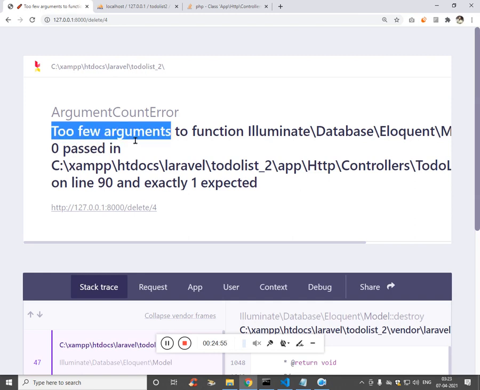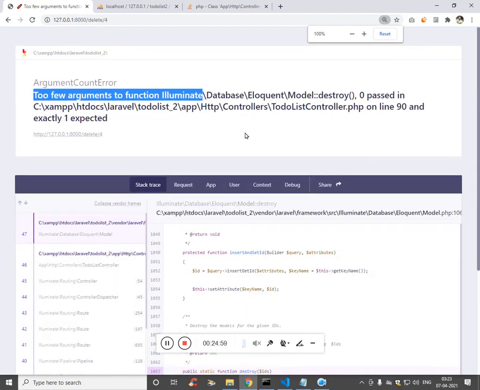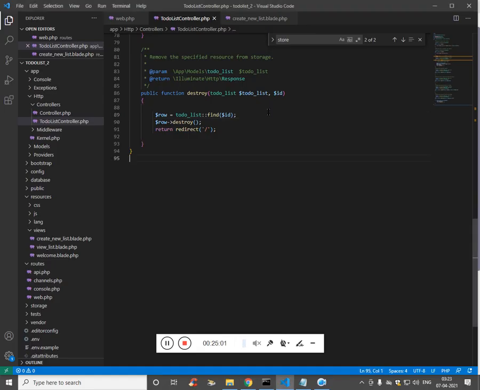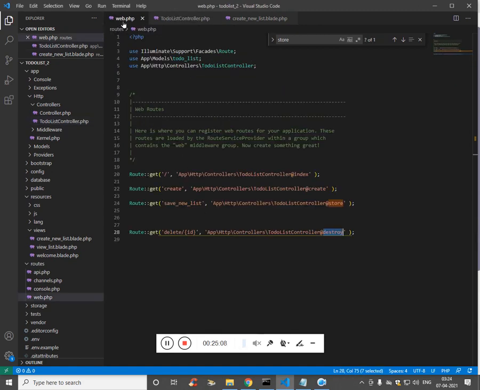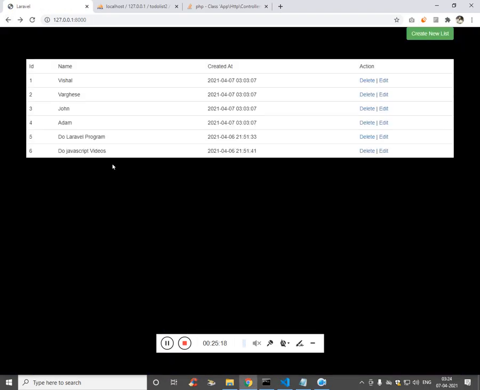Too few arguments. For delete, we are passing the ID, and let's check again. Click on delete.